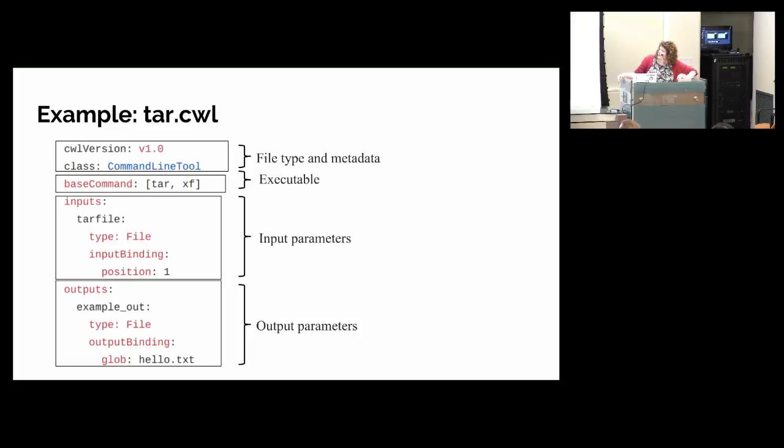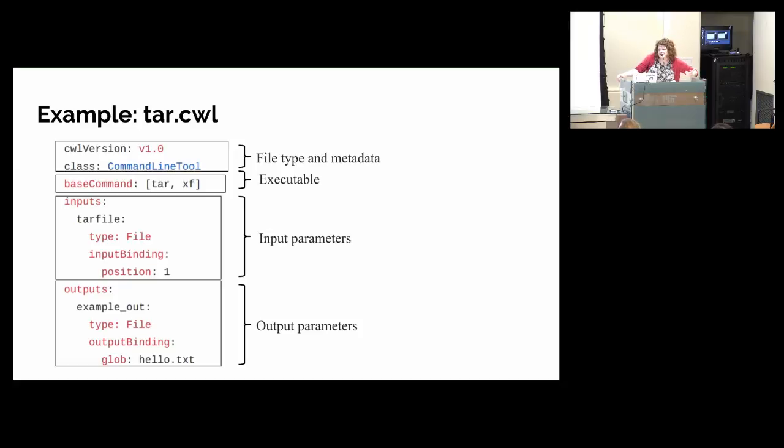Outputs are defined the same way: name of the output, type, and you can do an output binding. If it's a file, you'll do something like a glob. So I just looked up what glob stands for. Anyone know? Global command. Anyway,